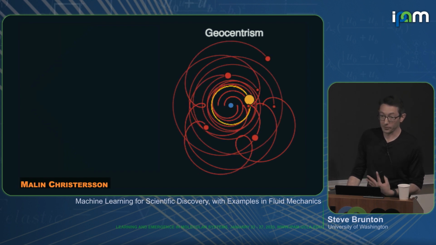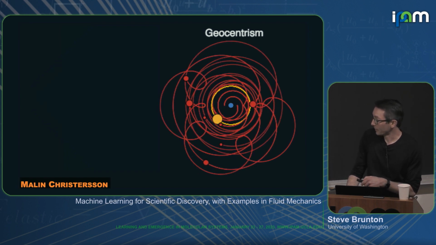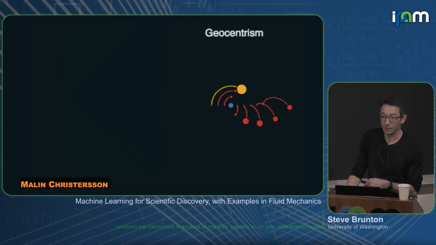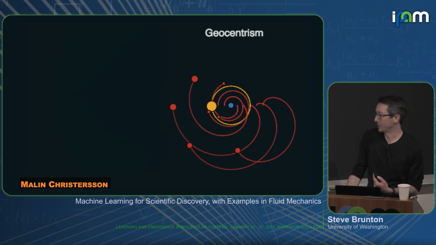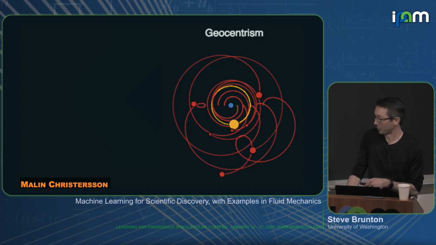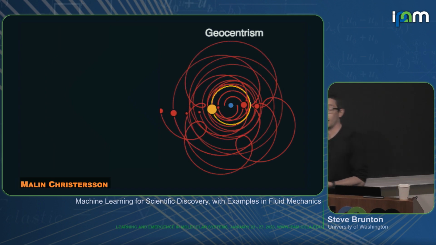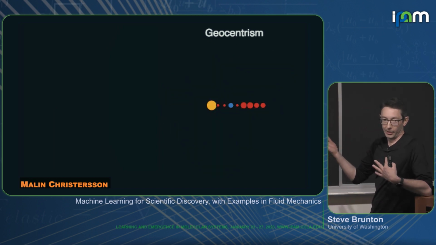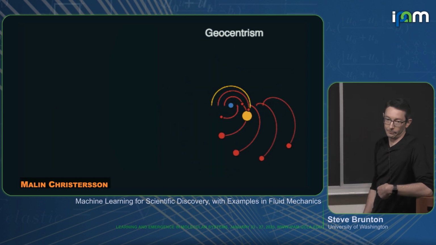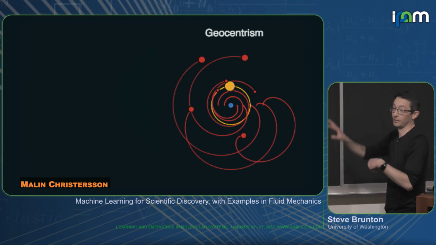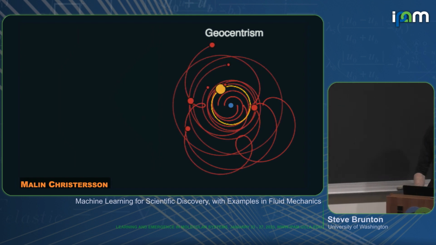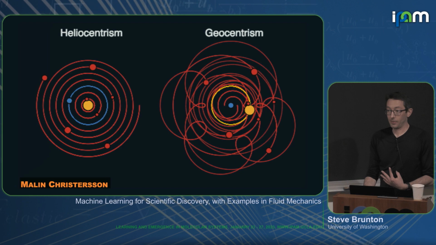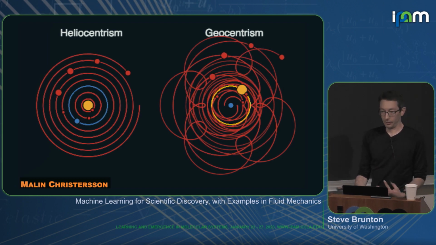I was talking about F equals ma at the very beginning. When we look up at the night sky from our little blue dot, this is what we see. It's very complicated, right? The planets do crazy things. Sometimes they turn around in their orbits. It's very hard to model the planets. That's why we name our gods after the planets and our planets after the gods, because they do what they want. It's hard to learn F equals ma in this coordinate system. When you get the right coordinate system and things become simple, that's when you can learn F equals ma.